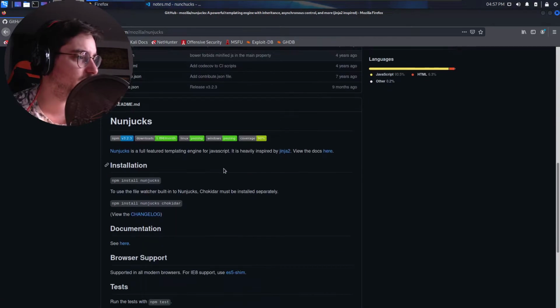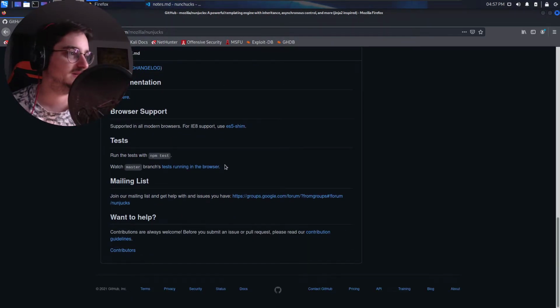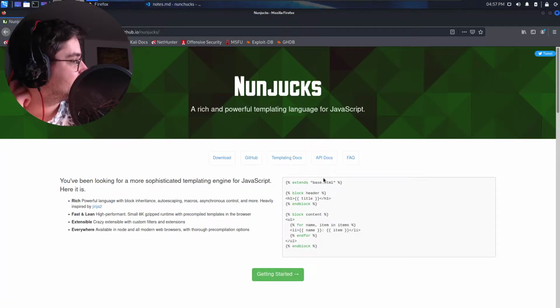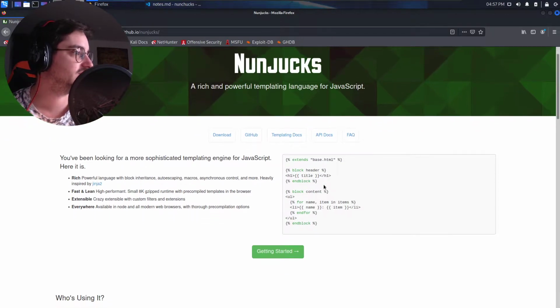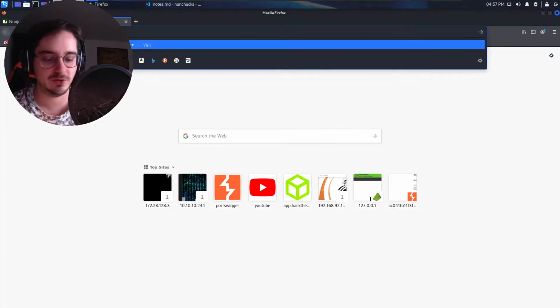So how do we create input templates, blah blah blah? For that we want to check out the documentation and learn a bit about Nunchucks. Now this looks completely different than what I was expecting because of these weird blocks, but anyways, we can have the title, and then if we go to